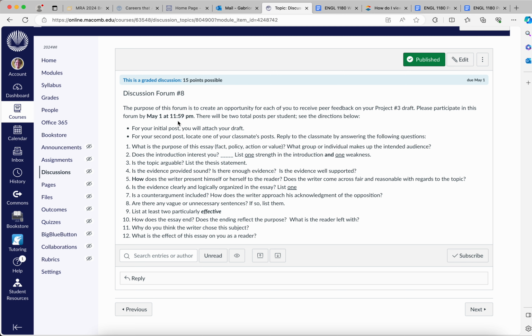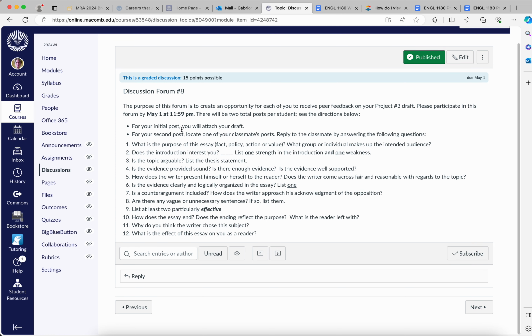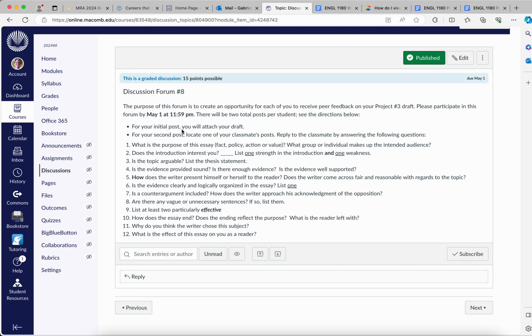The 4th is Saturday. That will be due Wednesday evening. So you'll want to make sure that you stay on track for that. And you'll also want to think about, as we've talked about a couple of times this semester, being a good classmate, looking for someone who has not yet received a response.